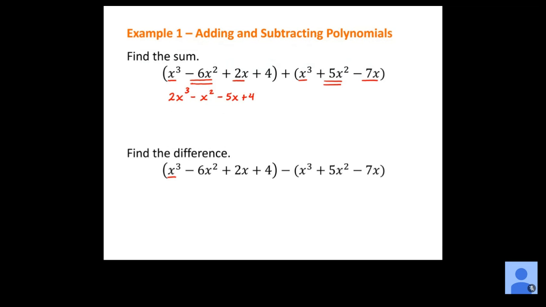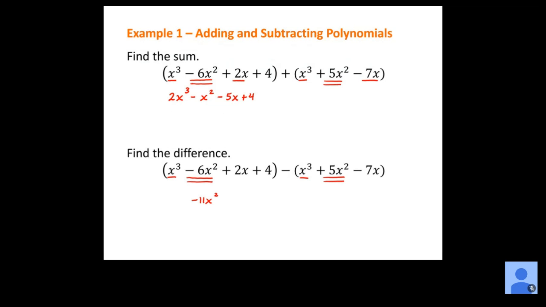So again, I'm going to start with my x cubed. I'm going to subtract x cubed. In this case, 1x cubed minus 1x cubed just becomes 0. So those terms just go away altogether. So now I'm going to look at my negative 6x squared and my positive 5x squared. When I add those, or sorry, subtract those, negative 6 minus 5 is going to give us a negative 11x